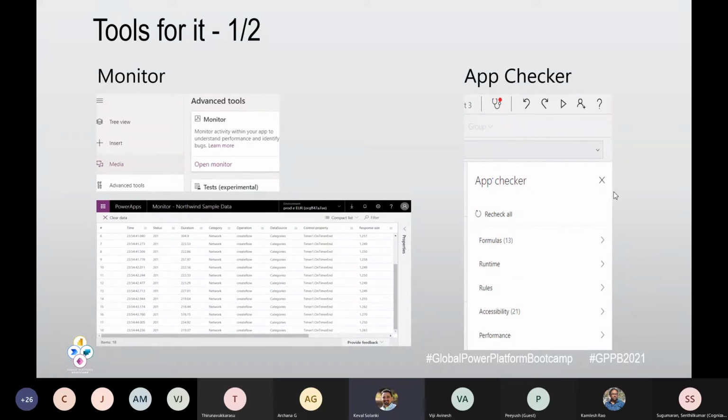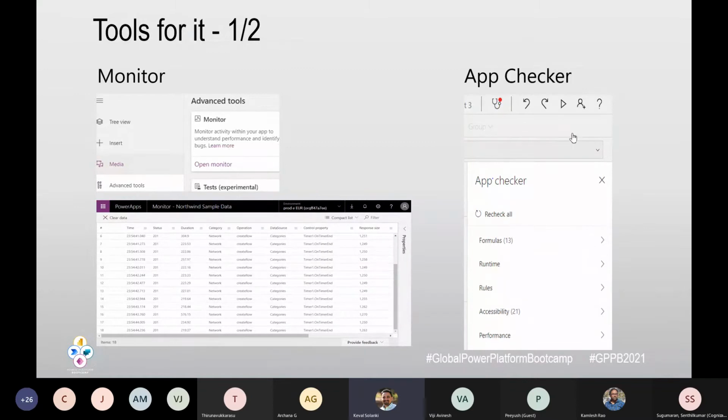For example, if some worker is working on your tab, it is about the tab index. You need to set which is the first control that the user will highlight, and what is the second control. This kind of UI-related accessibility is also considered under the app checker. So here it will give you some tips as well as warnings if those are not set properly.